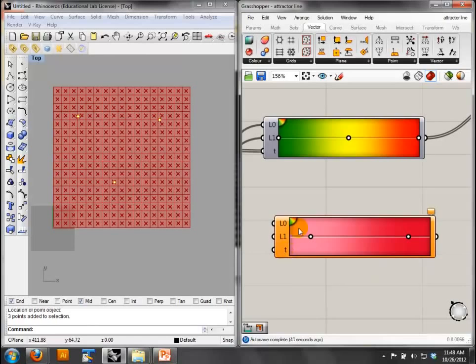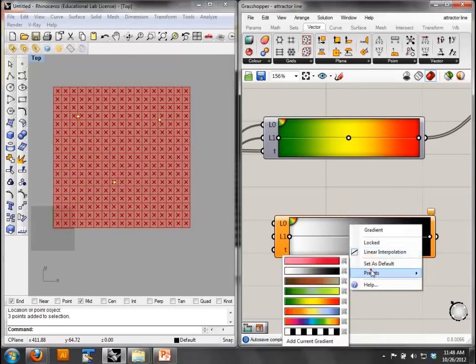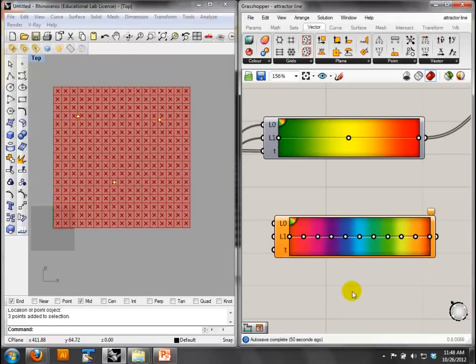If you right-click on it, there are different presets. I could do it as black and white, as a heat map, or as a rainbow. There are all kinds of ways to do this. You can also make your own gradients, just like you do in Photoshop. But these are really useful for color coding diagrams of things, or even changing the facade of your building to be different colors. So what I've done is,